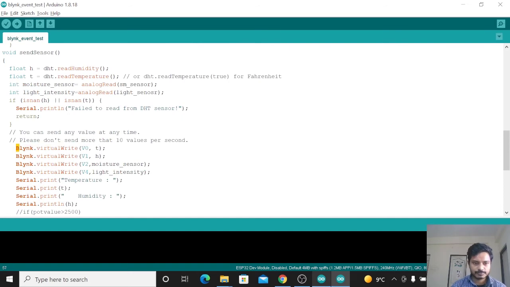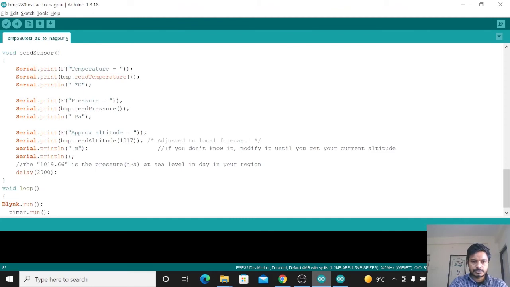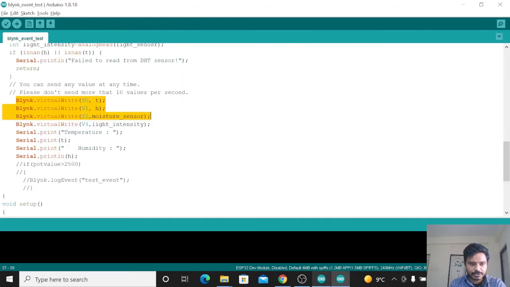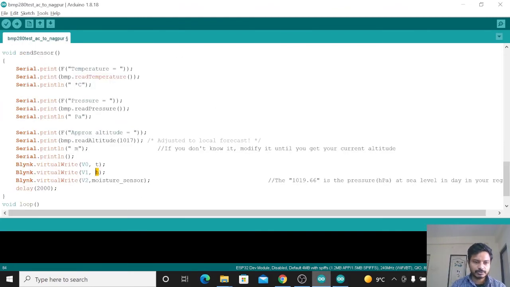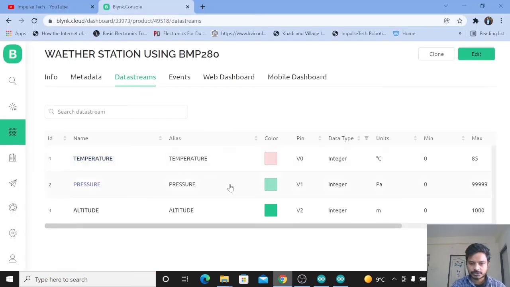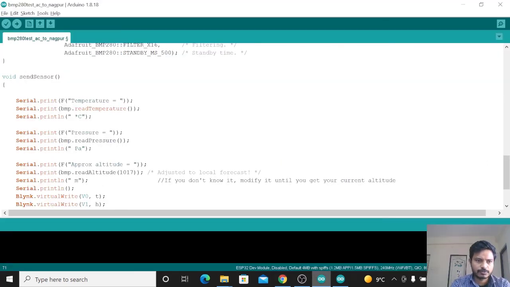Copy these commands and just paste them here. So here you can see I have copied these commands from here and pasted here. V0, V1 and V2 are the virtual pins that we have used. We have used V0 for temperature, V1 for pressure and V2 for altitude. Just define one variable for storing the temperature. Write int temp equal to, and for getting the temperature they have used bmp.readTemperature